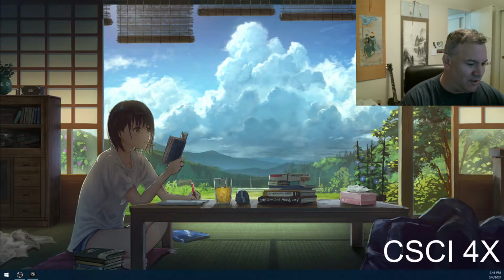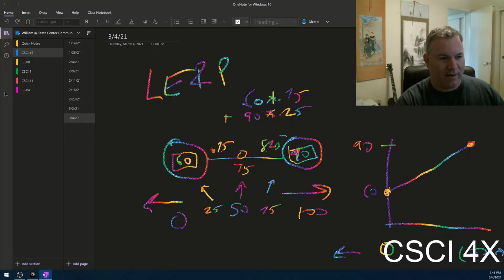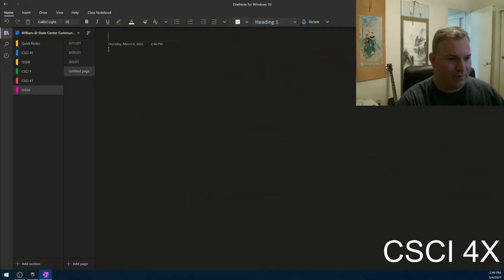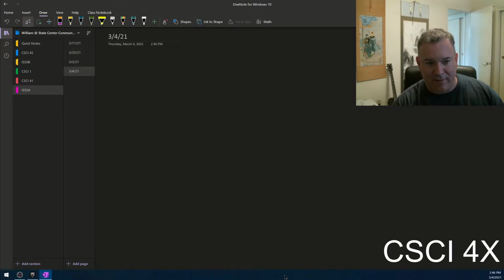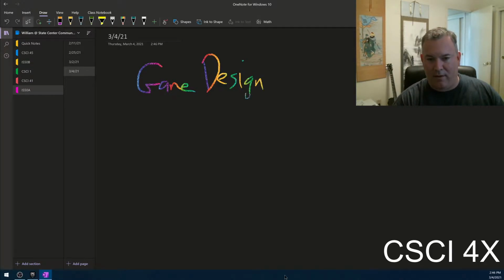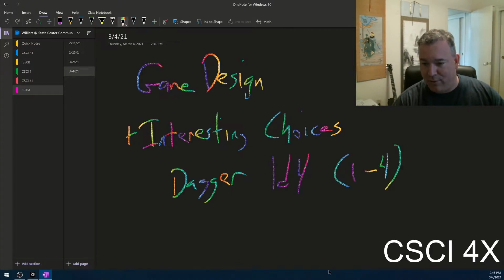D&D. Okay. So let's talk about Dungeons and Dragons. In Dungeons and Dragons, there are weapons. So let's talk about game design. Good game design has interesting choices. So let's just talk about the weapon design of Dungeons and Dragons. You've got a dagger. A dagger is one option, and it does a d4 damage. A d4 means it does between 1 and 4 points of damage, which means it has an average of 2.5 damage. You've got a short sword,